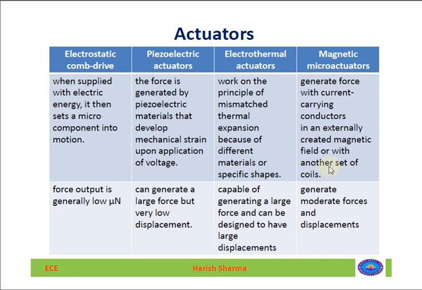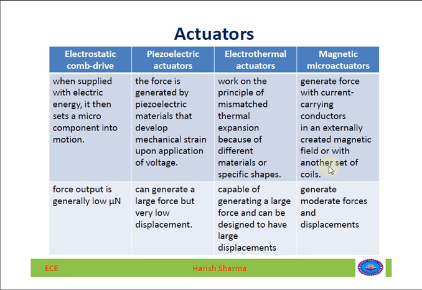Next is electrothermal actuators. They are based on the electrothermal principle, meaning when we give the voltage input supply to this, because of Joule heating, they will heat up and expand. Most of the electrothermal actuators use bimetallic strips. Because of the different thermal expansion of the strips, they will bend or there will be a change in the shape. So they can be used for creating motion.